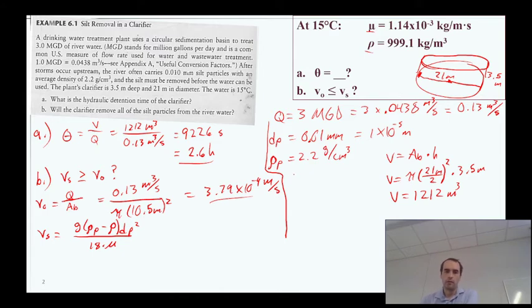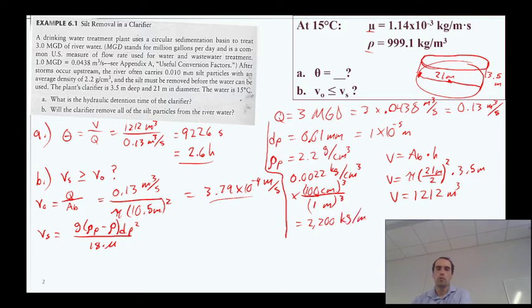So 2.2, let's convert that to kilograms. That would be 0.0022 kilograms per cubic centimeter. And then we can multiply this by the conversion between cubic centimeters and cubic meters. I always like to say, we need cubic meters on the bottom. So how many centimeters in 1 meter? I'm starting with just the one dimension, so that's going to be 100 centimeters per 1 meter. And then we need it cubed, so you have to cube that entire conversion. So it's going to cube the 100 there. If you didn't do that, you'd be off by quite a few decimal places. So when we do that, that yields 2,200